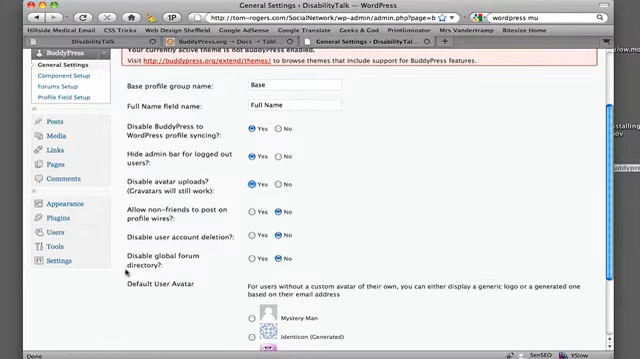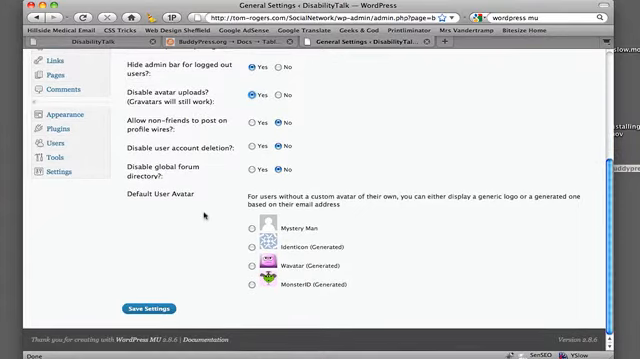Now, disable global forum directory. Now, I think this is a bad idea, because it allows for your site hierarchy to get messed up, and I'm going to talk all about that later in later videos, because you're going to want to check that, and